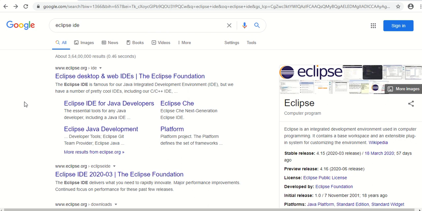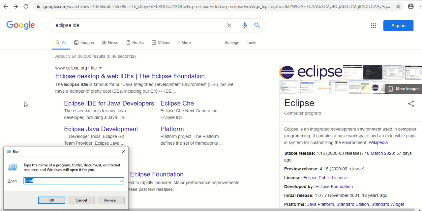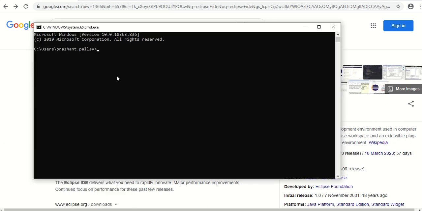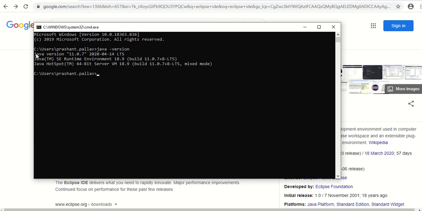For this, go to the command prompt, go to Run, type cmd, and here type java space hyphen version. Once you run this, you can see Java 11 installed on my system, and I am using a 64-bit machine.